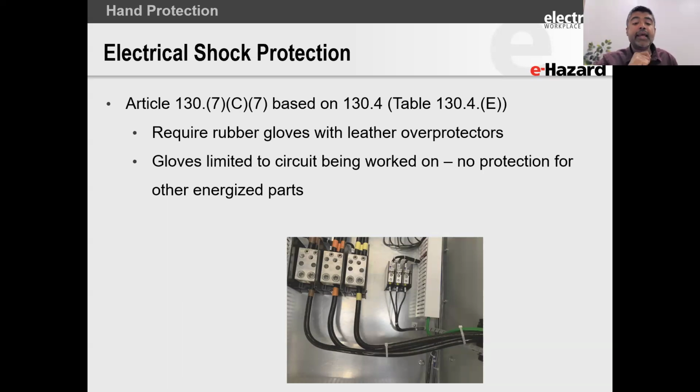What the standard is saying is that if you take a meter and go to that smaller power block on the right-hand side, you are only protected with that glove for the circuit that you are working on. That means the glove is not designed to protect you from the larger 480 volt power block that's out there. This is a very important requirement because I've been present in several lawsuits, heard several arguments, expert witnesses, depositions, and testimony in court. And these things come up: if the standard says that you were not protected against this 480 volts,